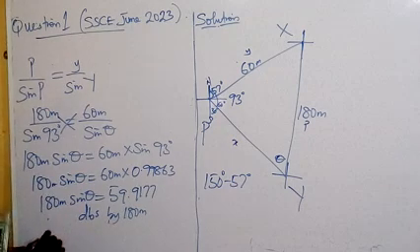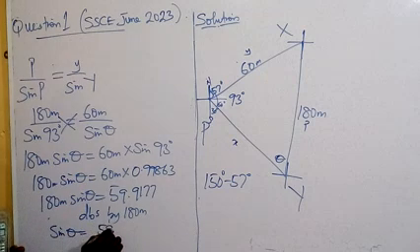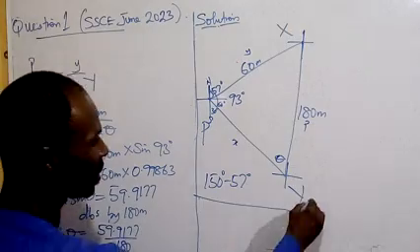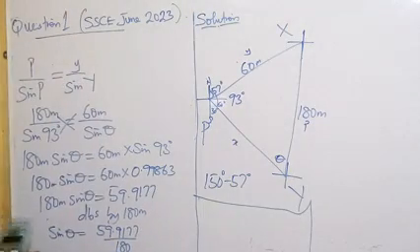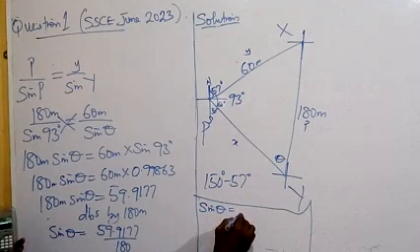So therefore we have sine theta equals 59.9177 divided by 180. So from here, sine theta equals